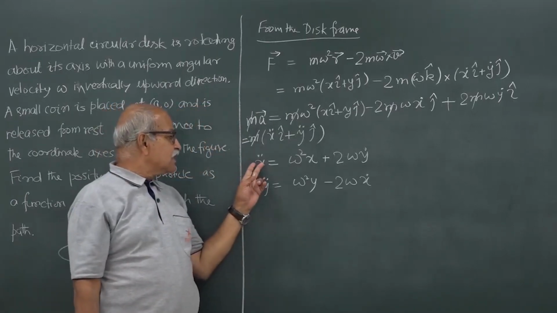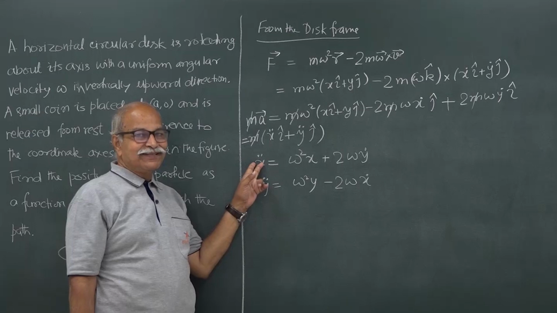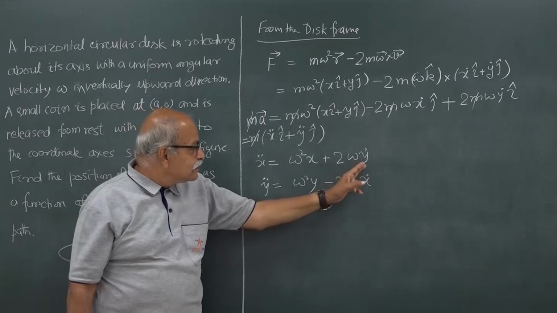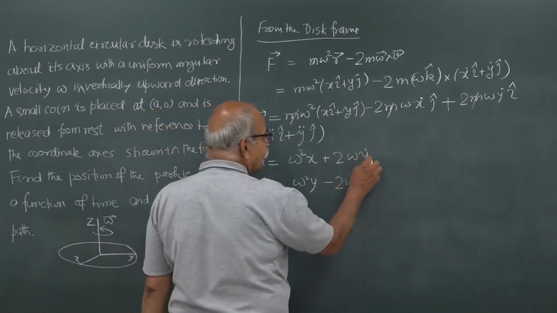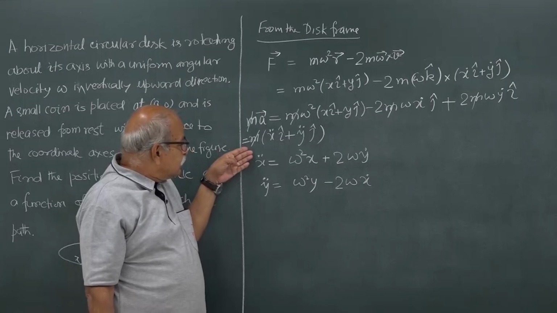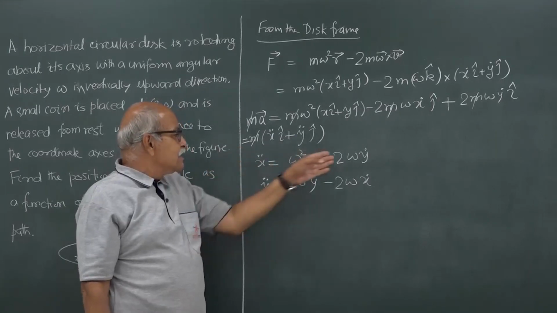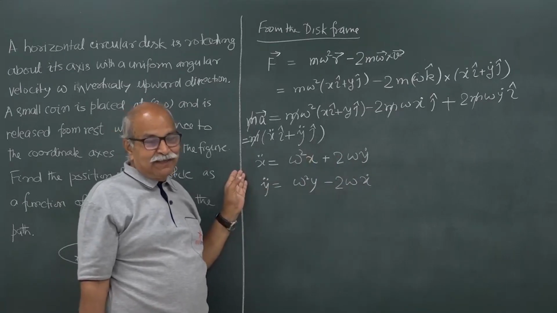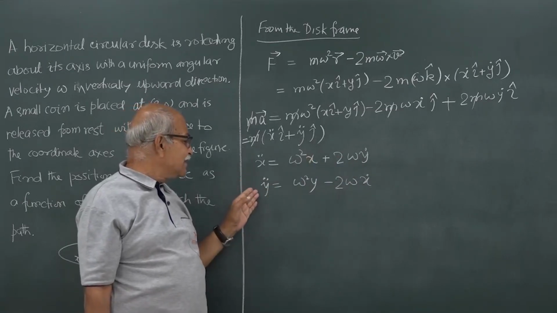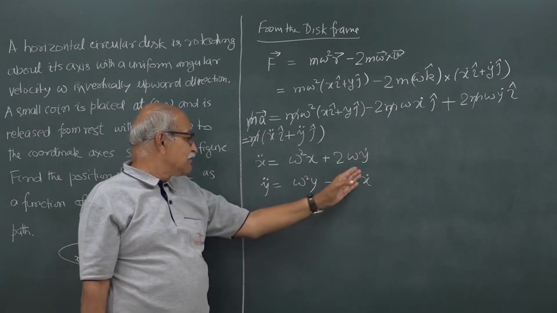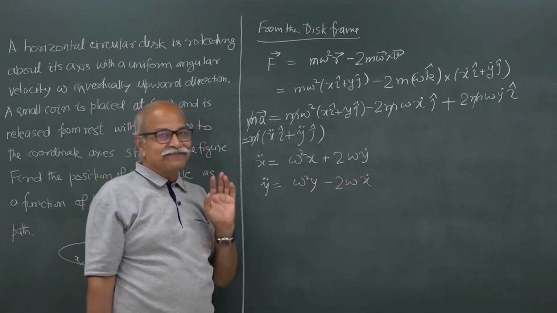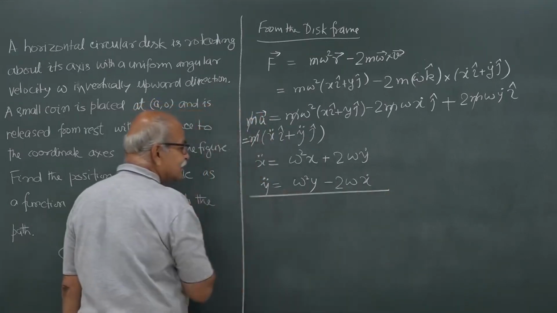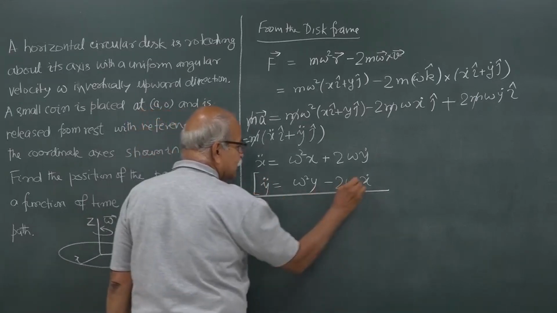You have acceleration in the x direction, d2x dt square, and here you have x, that is okay. But here you have this y dot. So this is d2x dt square, and here it is dy dt. So how will you integrate? Similarly here, this is d2y dt square, but then here you have dx dt. How will you integrate? But there is a beautiful technique for doing that, and that is you multiply this equation